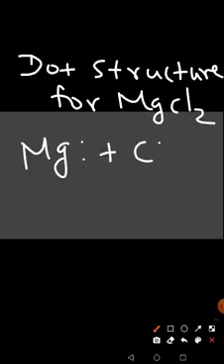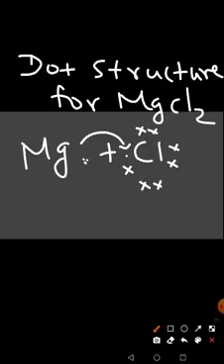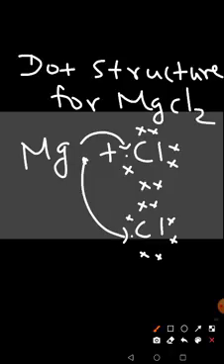So how will I write the dot form for magnesium? Magnesium has 2 valence electrons, which I will show with the help of 2 dots. It combines with chlorine, which has 7 electrons in its outermost shell. Now this chlorine will accept 1 electron from magnesium, or magnesium will transfer 1 electron to chlorine. Now there is one more electron left here of magnesium. So what will happen? Another chlorine atom with 7 electrons in its outermost shell will take this electron from magnesium